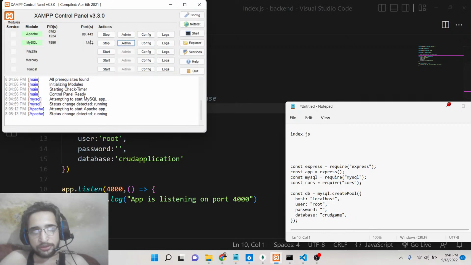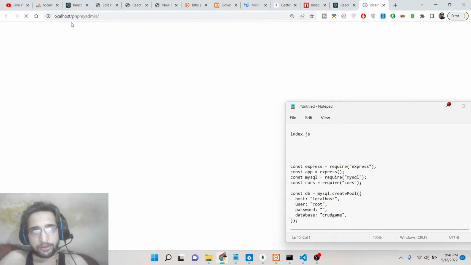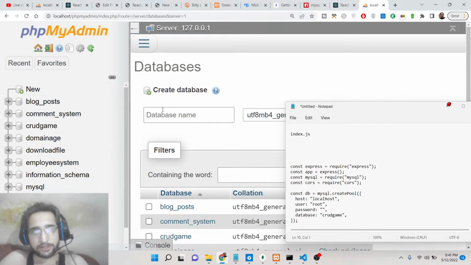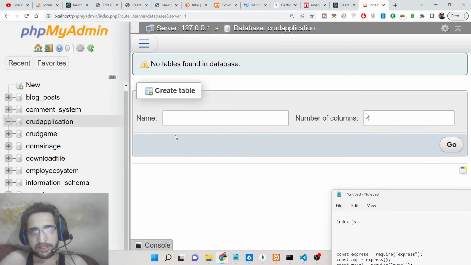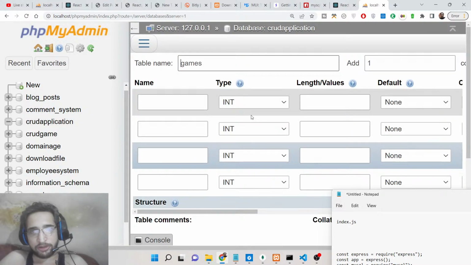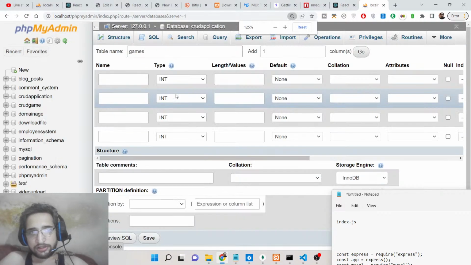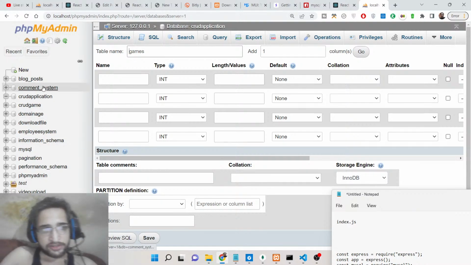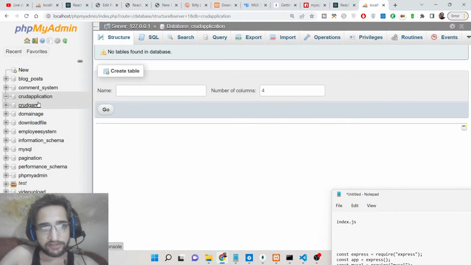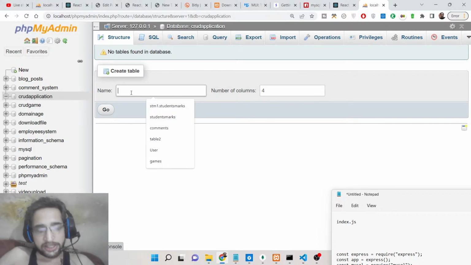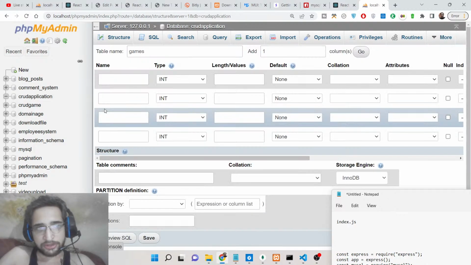So I will simply go to my admin section, localhost phpMyAdmin. So we will create a new database, which is CRUD application that we have. So after this, we will create this database. So here we will say table name will be games. We will click on go, and basically you can see we have created this database CRUD application. Inside this we have a table called as, we haven't created the table, so we just need to say games. Click on go,